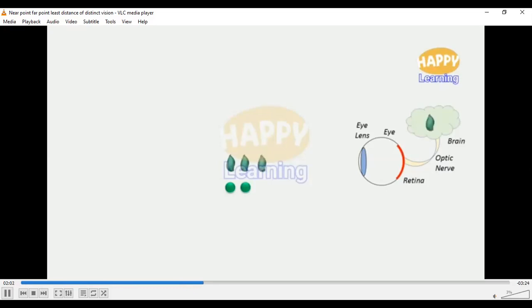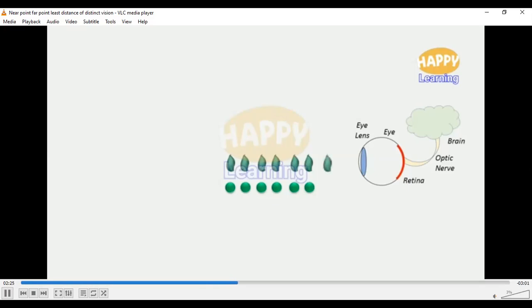Now what I'm going to do is bring this object closer to the eye. The distance from the eye lens is reduced. See that again I get a clear, distinct image on the retina, and clear vision. Till here it is again a clear vision.